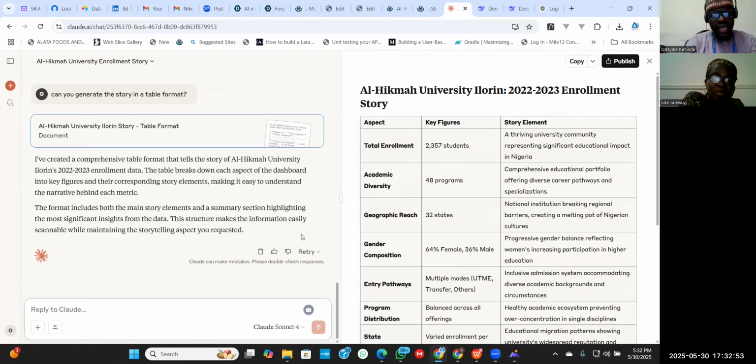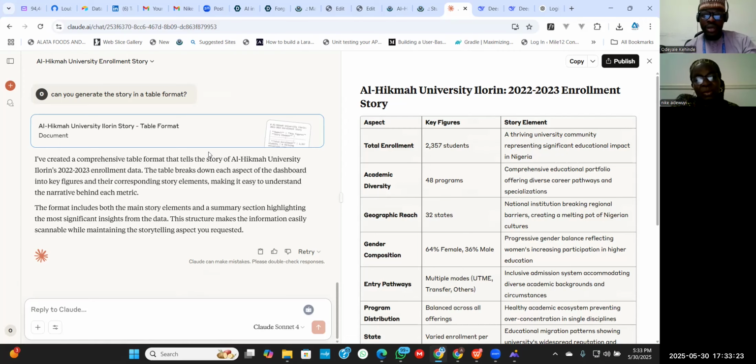It wants to help us, to assist us to augment our work. So that the work that will take us like 5 days to do, within a short period of time, even within 2 days or a day, we complete it. So that is the importance and the usefulness of AI.